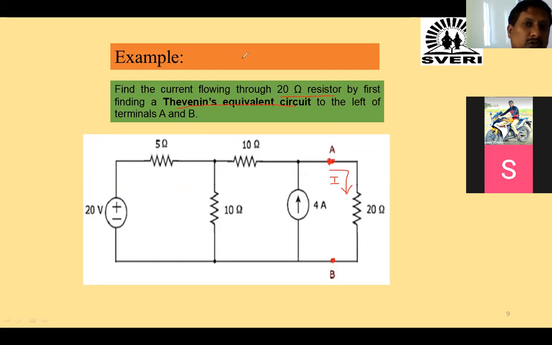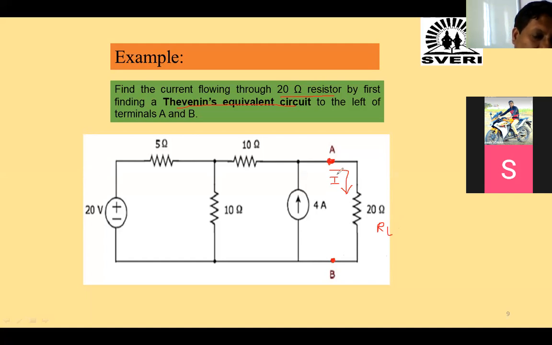Okay, so you have to take the help of the equation. The current flowing through 20 ohm means the 20 ohm resistor acts as a load resistor. So this will act as RL. What is the first step here? You have to make the A and B terminals open. If any load resistor is connected between A and B, you have to remove it and keep it open. So my first step is to make the A and B terminals open here.